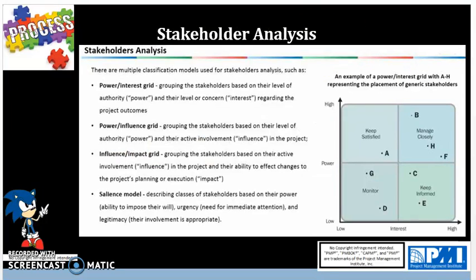So to deep dive into analyzing the stakeholders, we'll have different tools or models. So in all of these, you see that we have keep satisfied, manage closely, monitor, and keep informed as your various categories. But keep in mind that you also have the salience model, which is focused on power, which is where the stakeholder is imposing their will on the project, urgency, which is dealing with immediate attention, and also appropriate involvement. Then in the power interest grid, power influence grid, and influence impact grid,